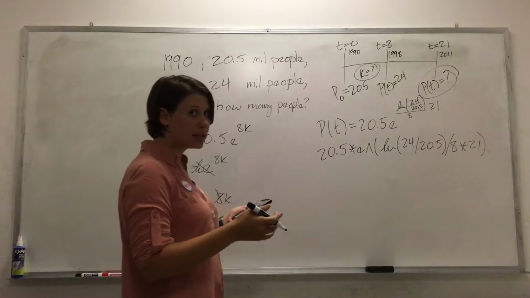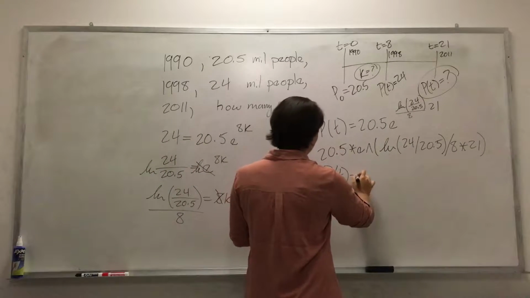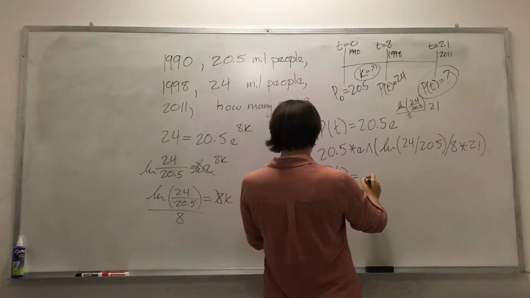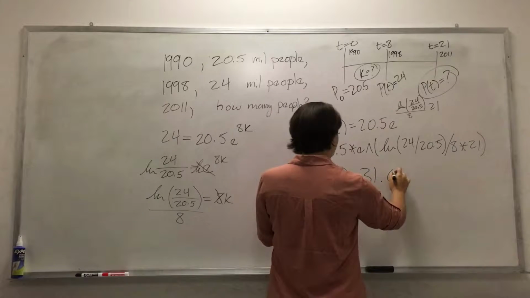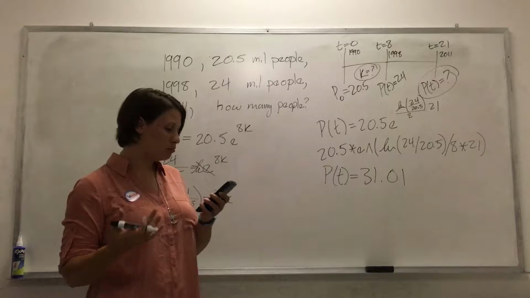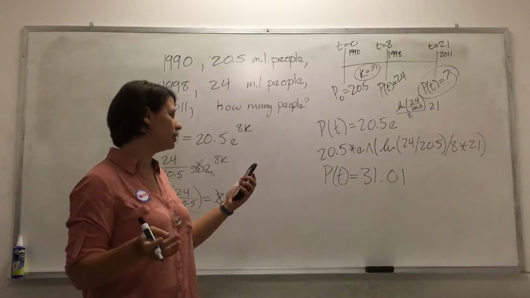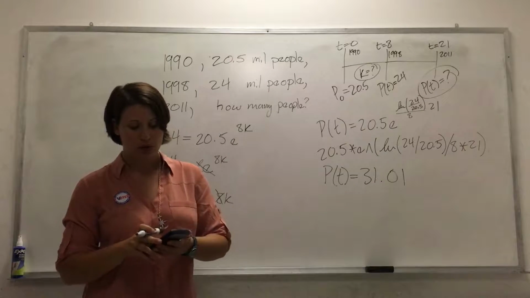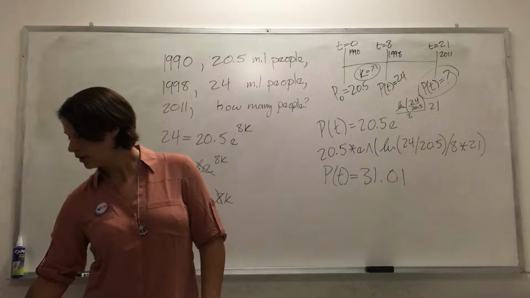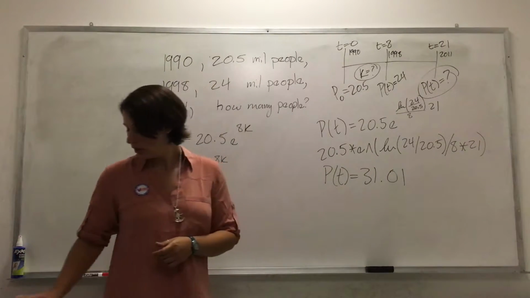So, took a second, right? But I got that P of T was equal to, let's go to the second decimal place. So I got 31.01 rounded, okay? 31.00662417 and so on, but it rounds to this. So, if we got anything different, right, check your calculation again. Hopefully I did it correctly. Alright, so